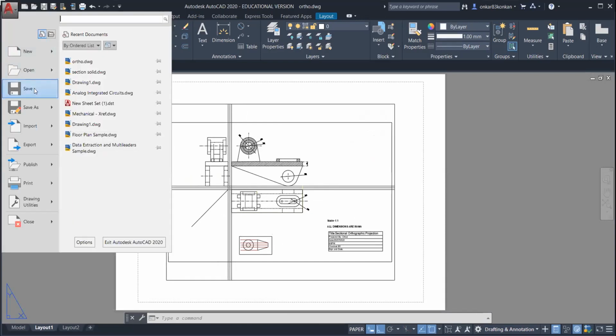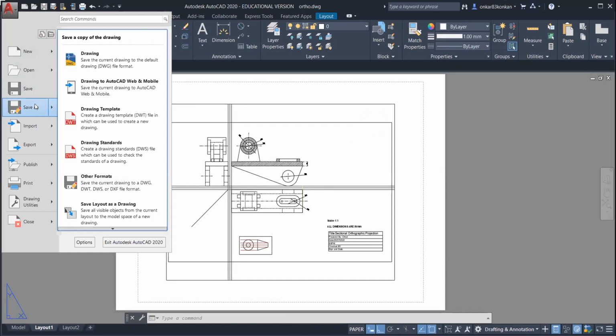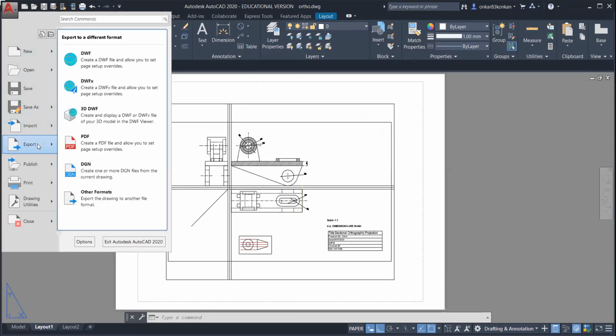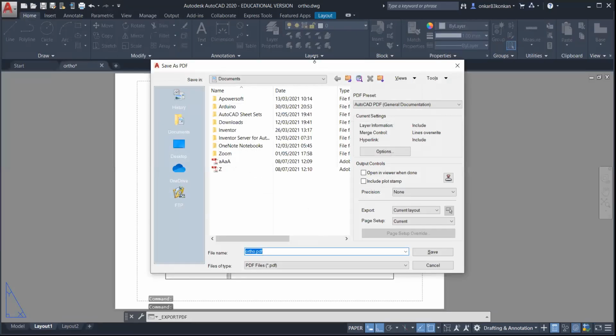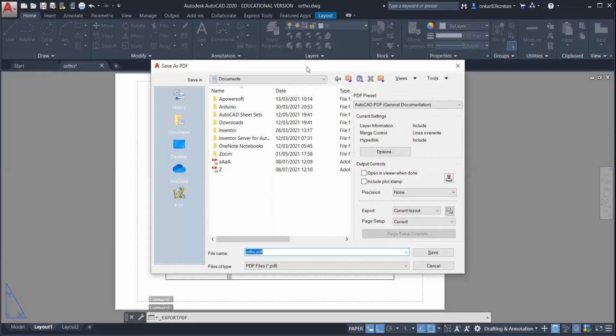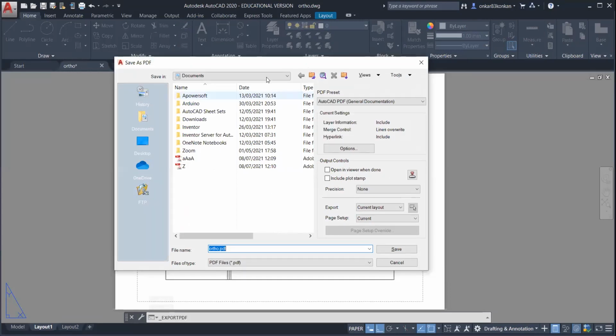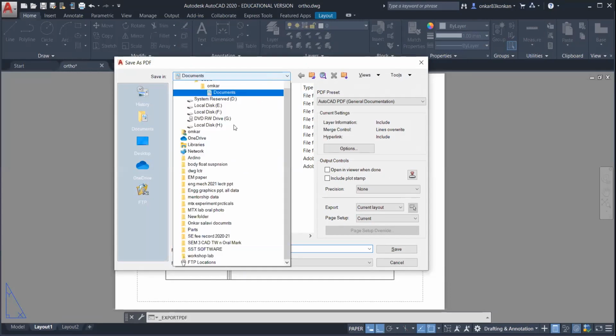And there is one option, either you can save this document, okay, or you can export this document. So for the export, there are different file formats: DWF, DWFX, 3D, PDF. Okay, so select the PDF option. So you can save this document in PDF format. So you can select the directory.